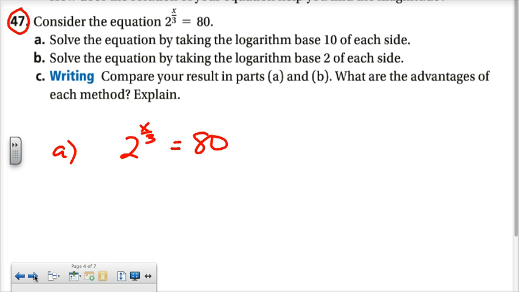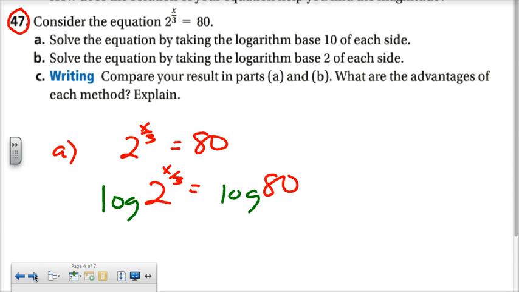However, here's something else that we can do. So we have 2 to the x over 3 power, and then we have 80. What we would do is take the logarithm base 10 of both sides. Now, if you're thinking, what on earth are we supposed to do now? We still have the x over 3 up there. Well, now it's a power. So we can bring that power out in front